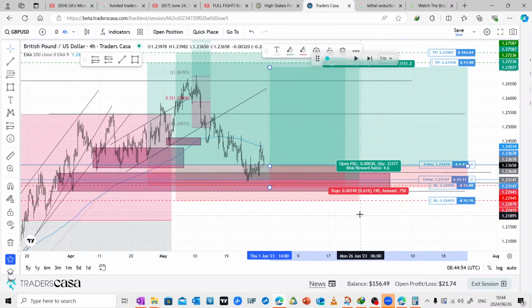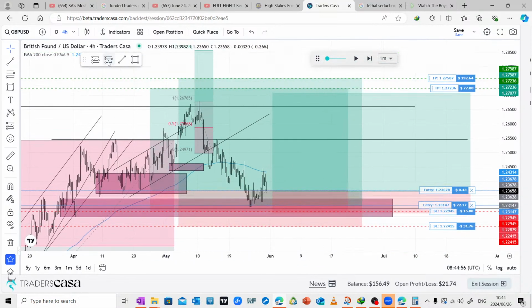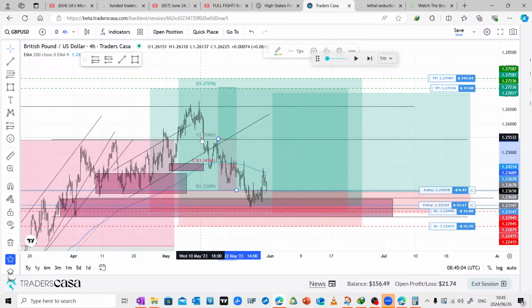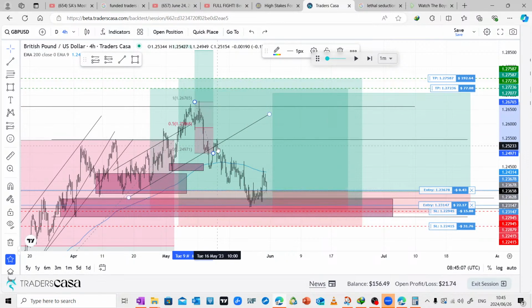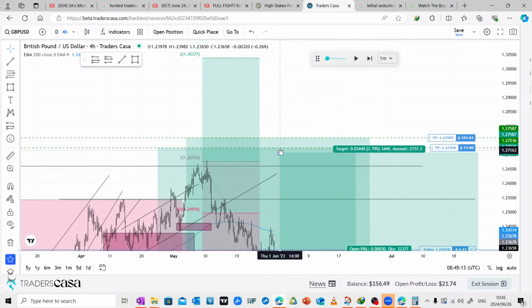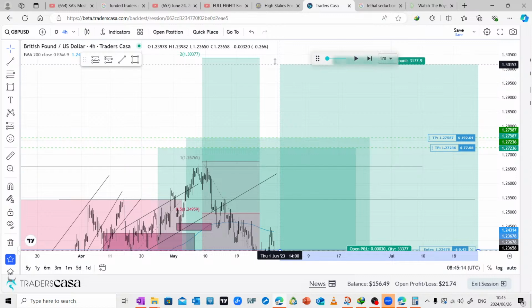Now my profit target is going to be way higher than this now, because from the fib you can see that twice of that is going to project all the way up there. Right, so I'll take it out there,